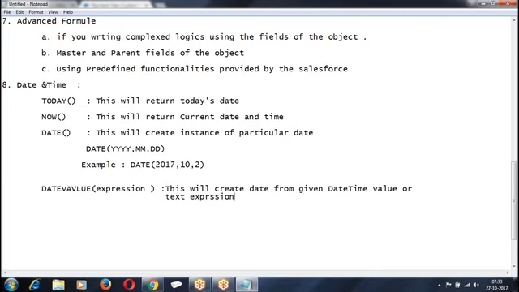If I give text in some expression, it will also give me the date.